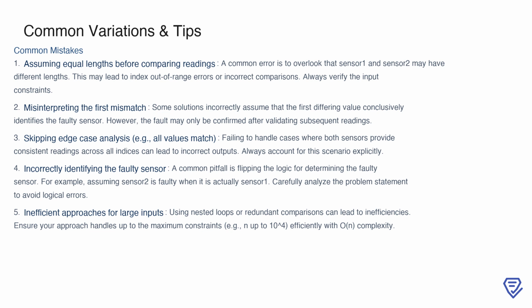Additionally, skipping edge case analysis can lead to problems. For instance, what happens if all the values from both sensors match? Your solution needs to handle these scenarios explicitly to ensure correctness. Misidentifying which sensor is faulty is another pitfall. Carefully review the problem statement to avoid flipping the logic and incorrectly blaming the wrong sensor. Finally, for large inputs, inefficient approaches like nested loops can cause performance issues. Your solution should be optimized to handle constraints like arrays with up to 10,000 elements, ideally achieving O(n) complexity to